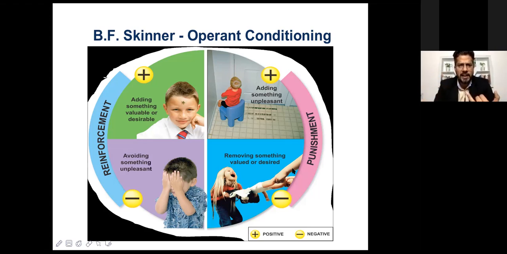Now second is negative reinforcement. So what is negative reinforcement? It is to avoid something unpleasant: you remove something unpleasant so that the desired behavior is acquired. And then when we come to punishment, if you look at positive punishment,